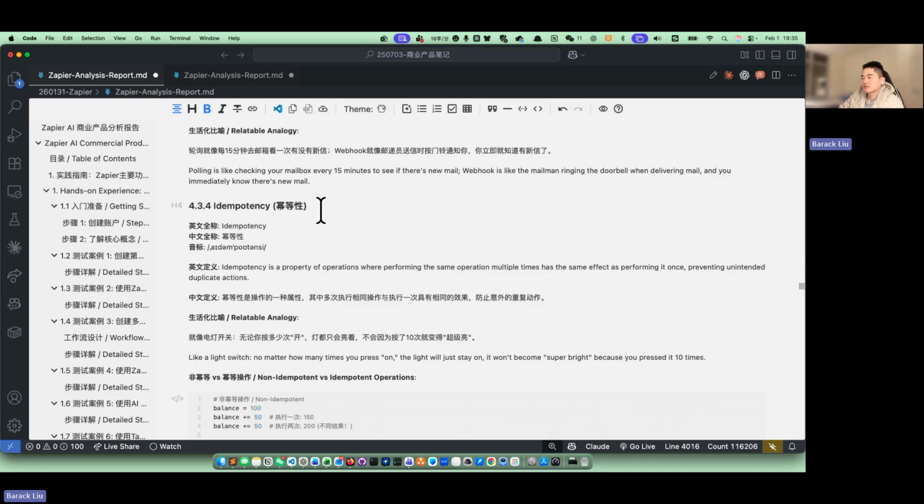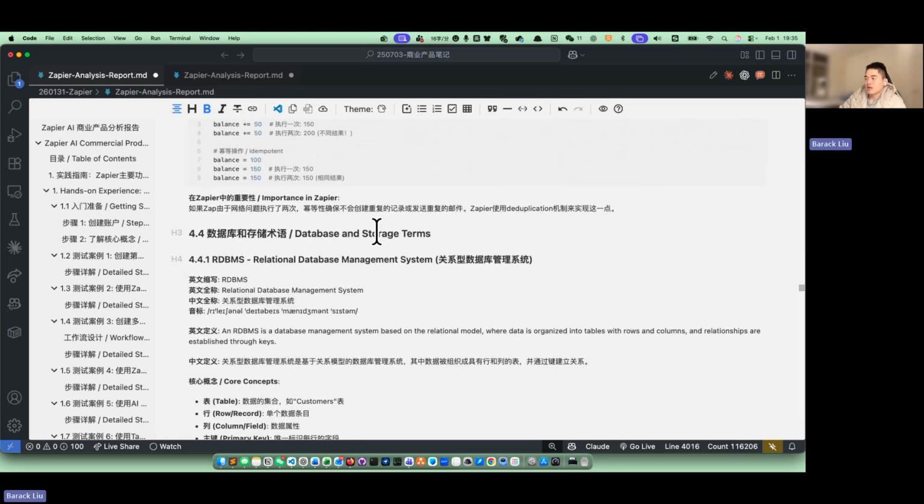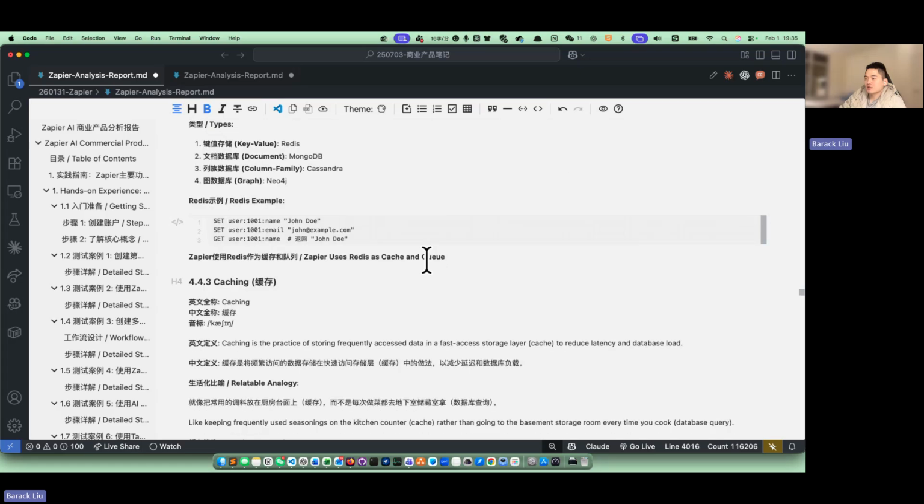Idempotency. Yeah, okay, nice. Idempotency. Good. And some database related terms such as relational database management system, NoSQL database, caching,